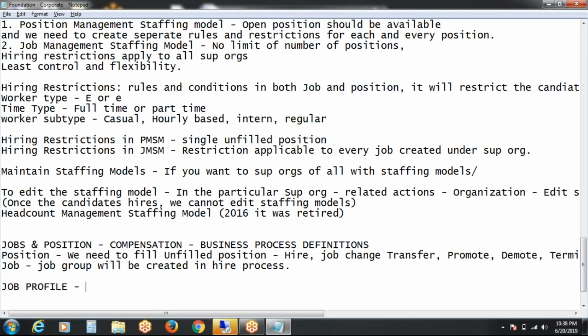The general data fields are like special skills, education, experience,